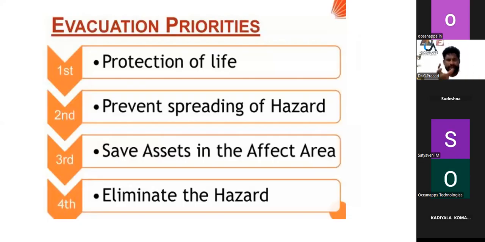Suppose something has happened, then the surrounding people have to be evacuated. That is called evacuation priorities. Among such priorities, which do we give first priority? The first one is protection of life, because if you have your life, then you can do anything later. If you don't have that, the main thing, life, then the first priority must go to life. Many people give priority to property, machinery or buildings, but once you have a life, then